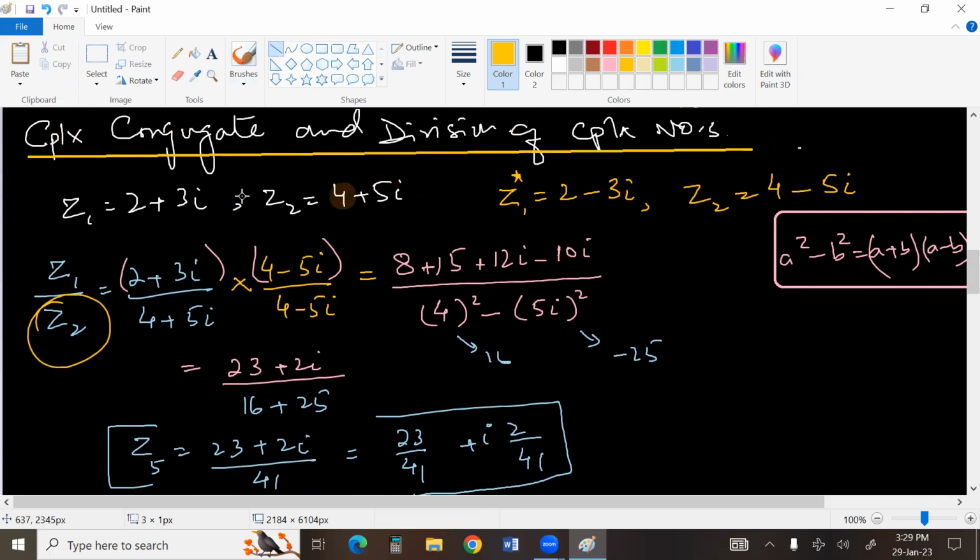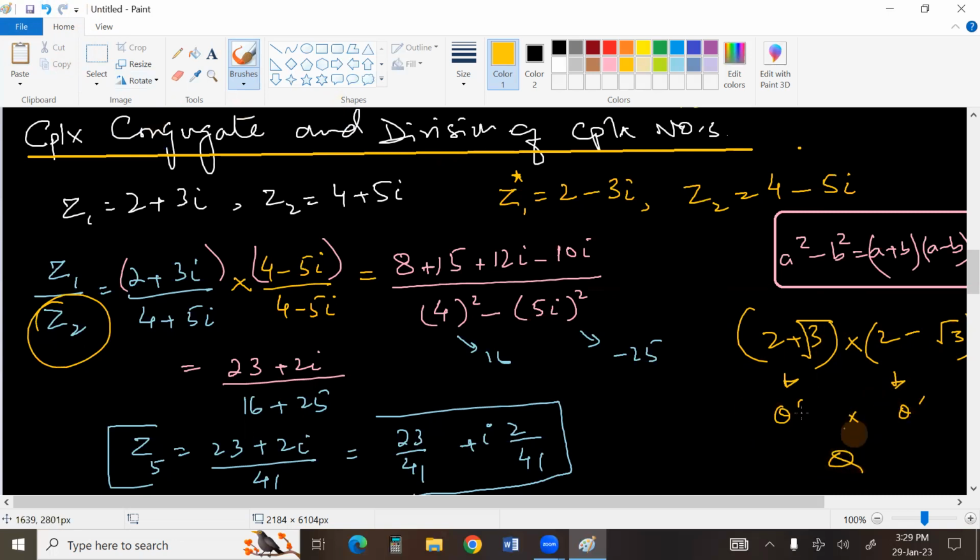But before that, let's see what the conjugate is. When you were doing surds, you would multiply 2 plus square root of 3 by 2 minus square root of 3. If this is a surd, how do you make it from an irrational number to a rational number? You multiply by its conjugate surd. So this is irrational, this is irrational, but it is such an irrational that when you multiply them, you get a rational number back again. So in the same way,